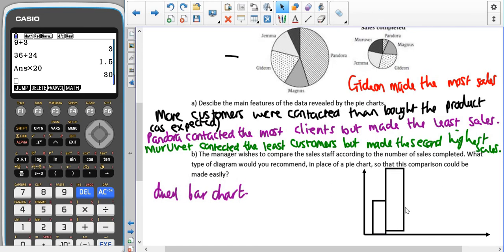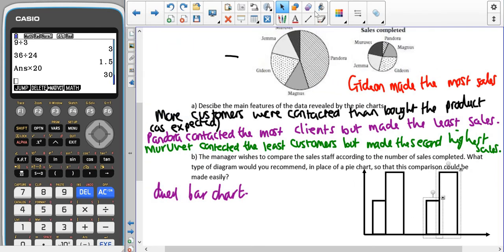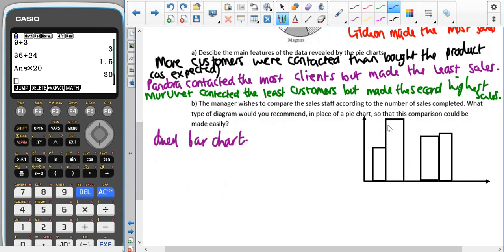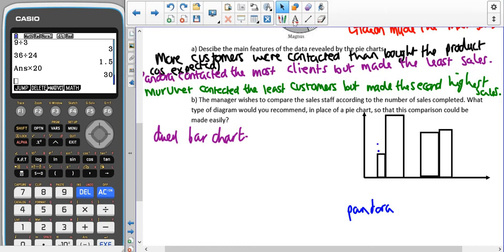I'll have to do. It's only a quick representation of one. And then the next person would also have two bars, representing what they had done. So if we said, for example, that this first set of bars here were for Pandora, and that the first bar